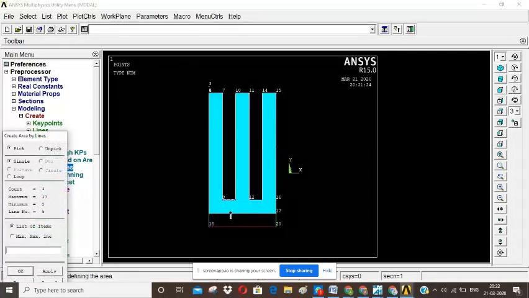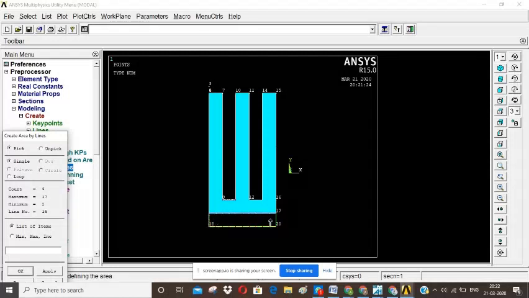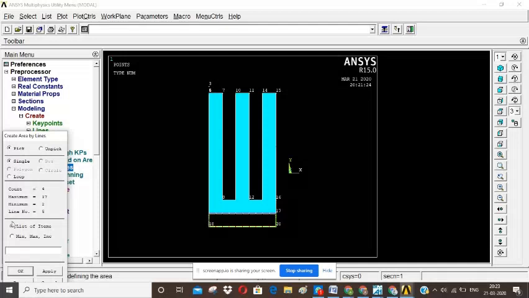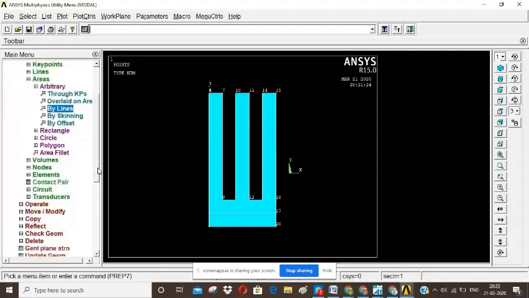Now I decide to merge the base part into one area. So here I also do that. However, yes, there was a mistake. So okay, I merge this into an area. Next,